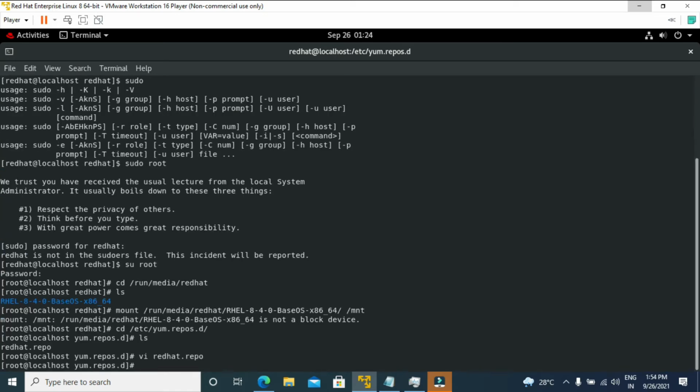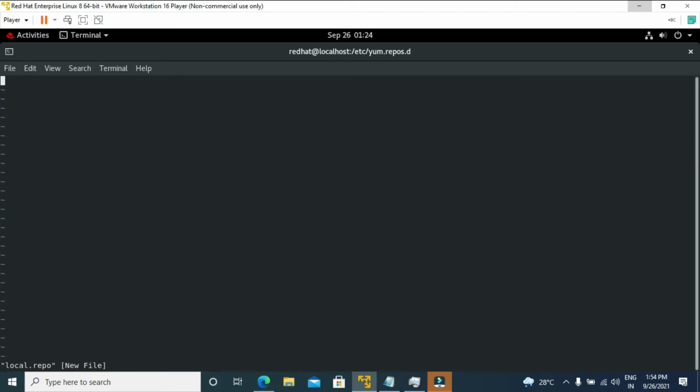So what we'll do here, we will create a new file, local.repo. So always the extension should be .repo. Any name you guys can give as per your system identification.